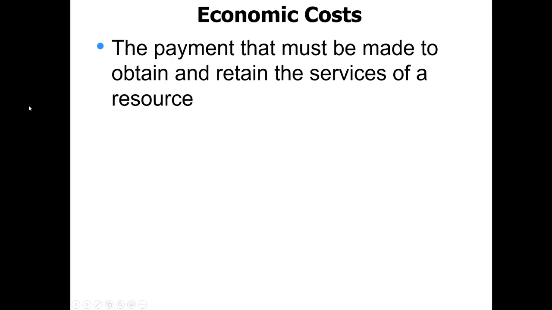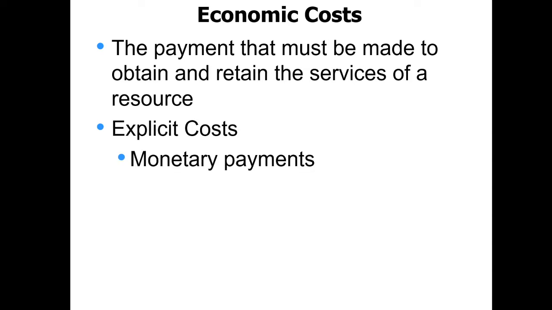So we look at economic cost, we're looking at the payment that we have to make to obtain the services of a resource, right? So we're either looking to get the resource or keep the resource. What do you mean by resources, Mr. Mooney? Well, what do I mean? I mean labor, I mean capital, I mean entrepreneur, I mean land, all those kinds of things. Those are what we call explicit cost. Explicit costs are the monetary payments I make for land, labor, entrepreneur, right? All of us understand those.